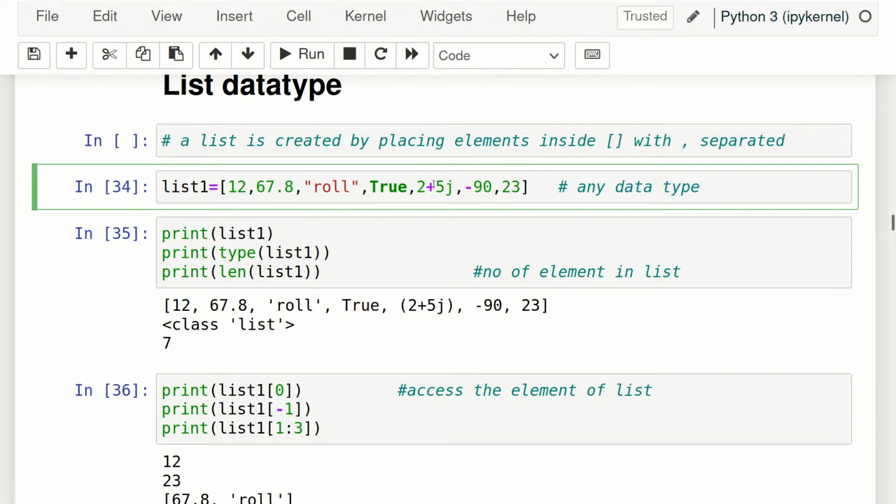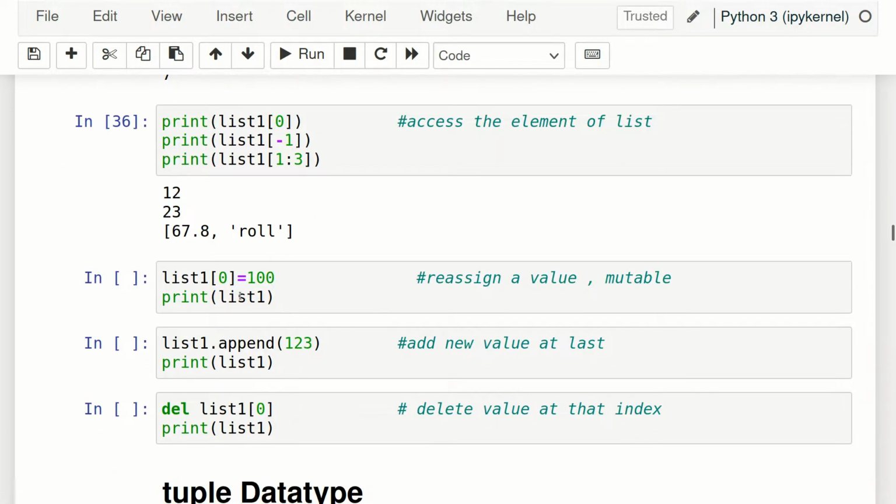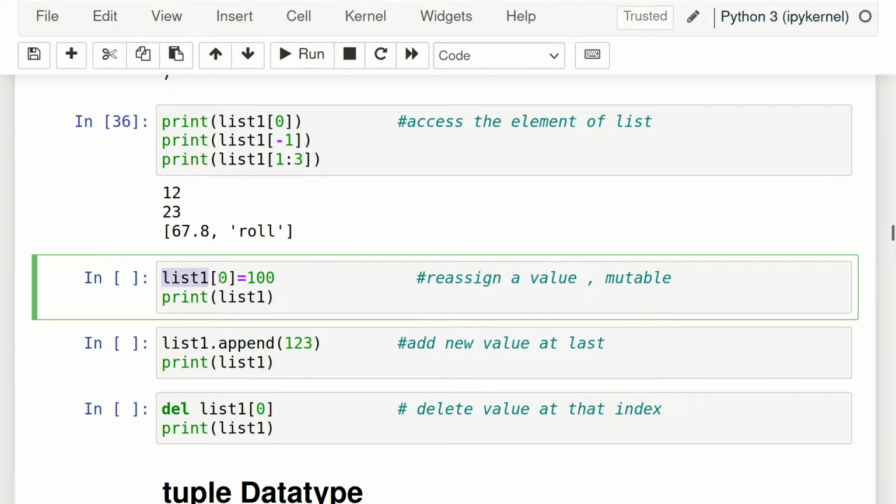To change any element value, it is very simple, just write like this: name of the variable, then square bracket, and the index whose value you want to change. Suppose I want to change the 0th index value to 100. So I am saying that the 0th index of list 1, assign a new value which is 100. Then print the list.